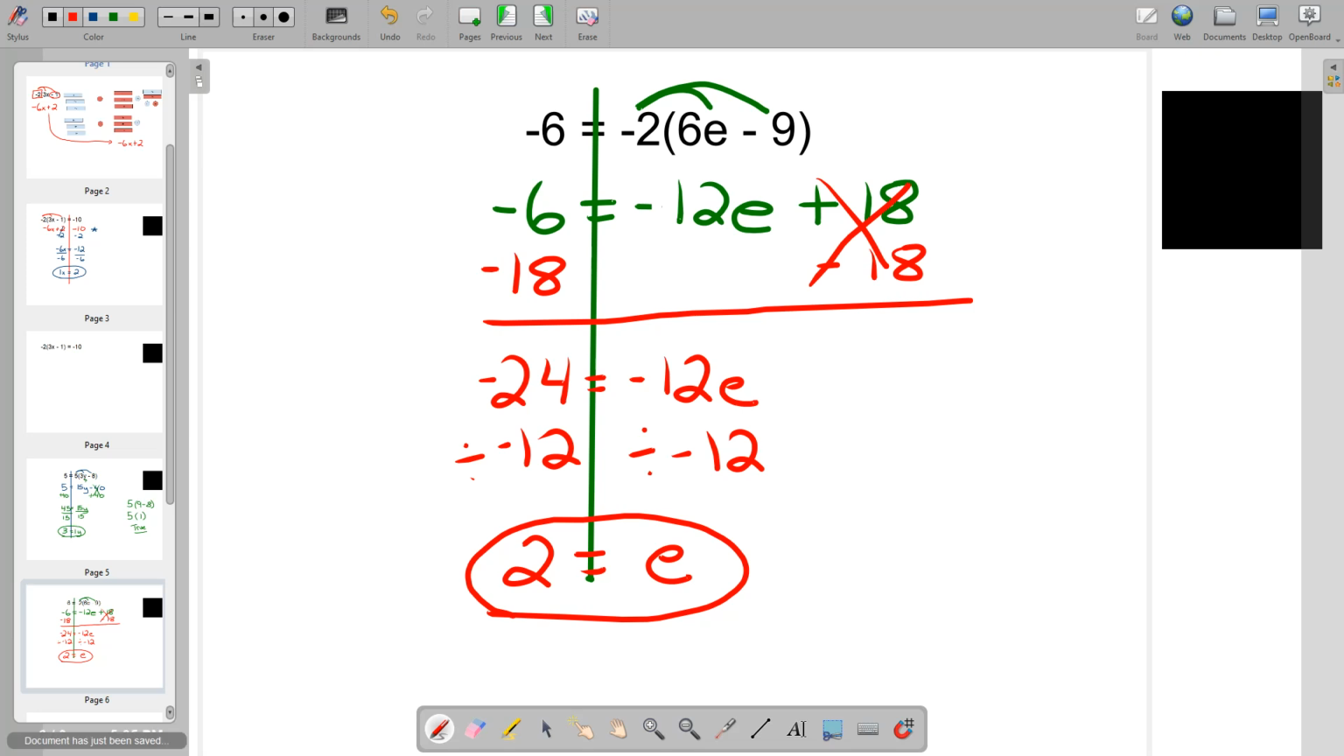As a quick review, when we're solving equations with the distributive property, the first step is to get rid of the parentheses by doing the distributive property. Once we've done that, we then just have a regular 2-step equation like we've been solving before. You can check your answer by substituting your value 2 back into your equation and seeing if it makes